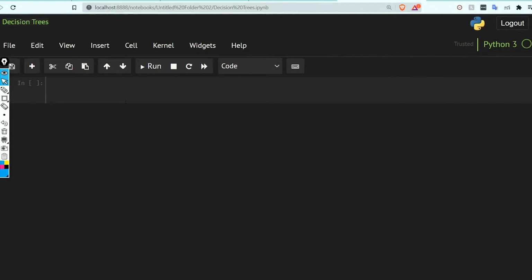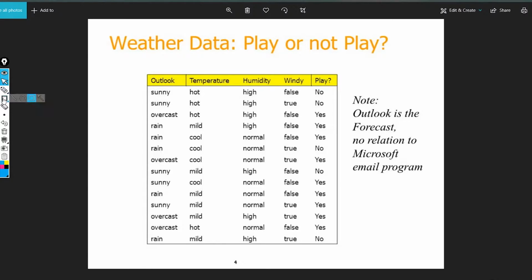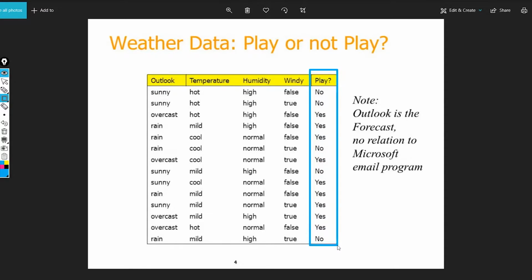First of all, we need to write the formula for the entropy. So let's make a function for entropy. In this entropy, we are only going to give a column, and on the basis of that it is going to find the entropy.